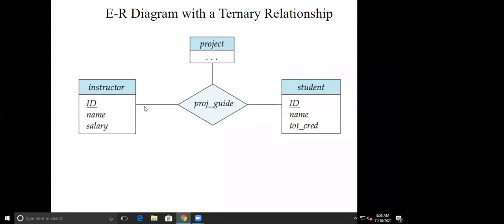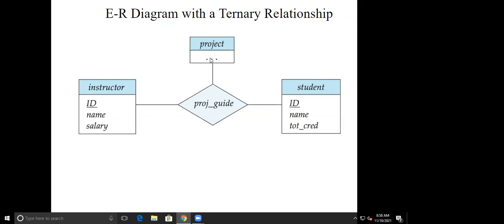If I'm showing the arrow here, that is, students can work on a single project, then the relationship between instructor and project also becomes one-to-one, which is not correct. An instructor can guide multiple projects.